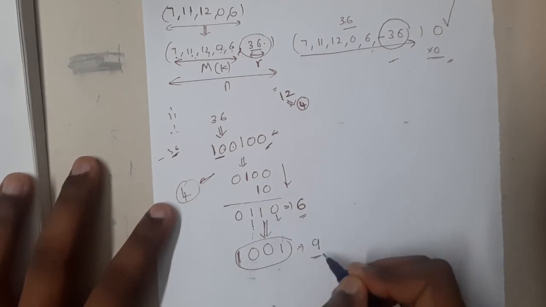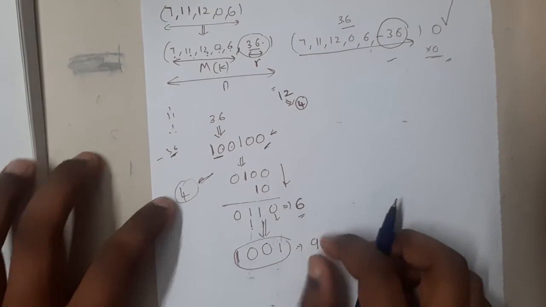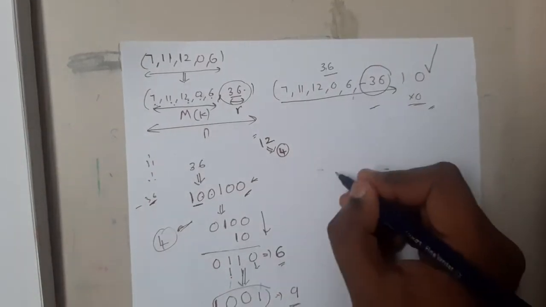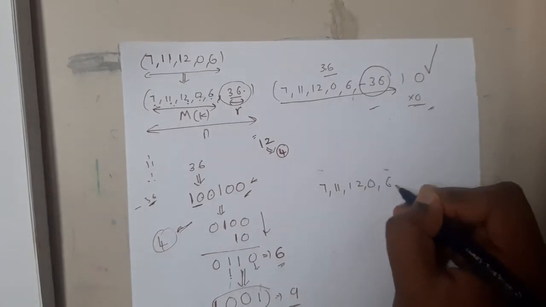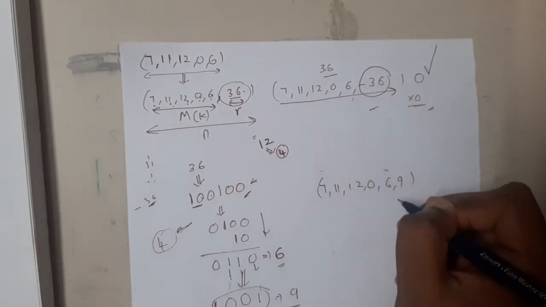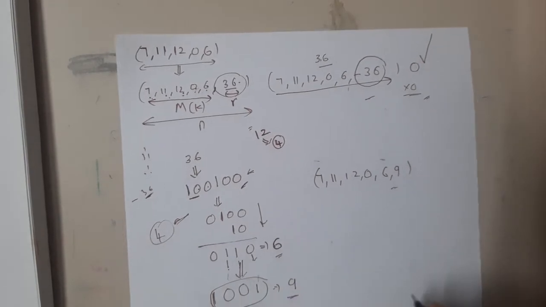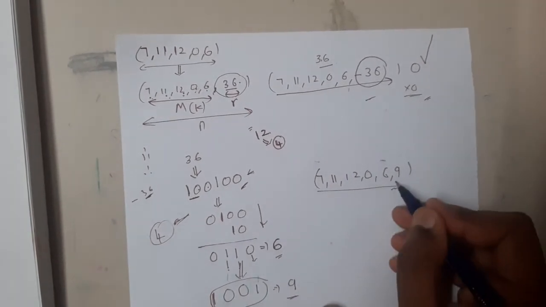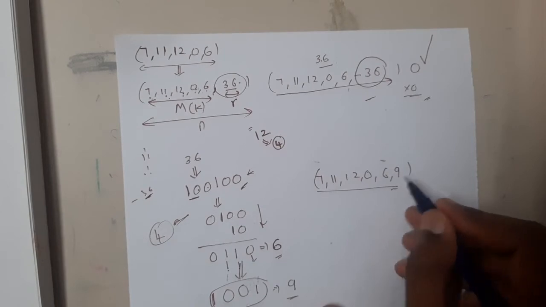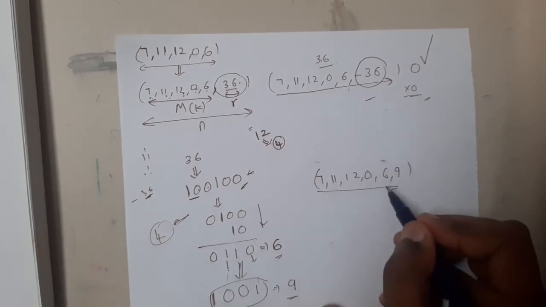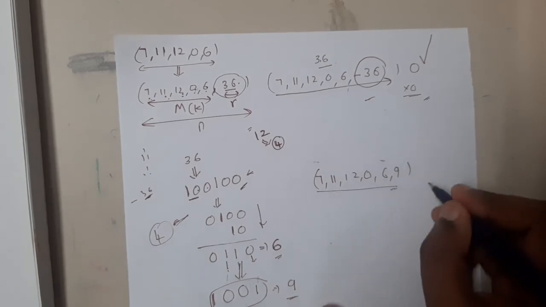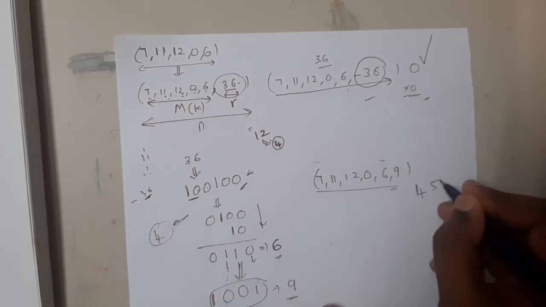Yes. So what I will do now is, I will transfer this data. So basically I will send it to my receiver that the data which I am sending is 7, 11, 12, 0, 6, along with 6 I will send 9. Got it? Yes. So now what the receiver will do is, the receiver will add all these numbers. So start adding, guys. Okay, so if you add it, the final result which you will be getting is 45, right? It is nothing but 36 plus 9, right? Yes. Okay, so we got 45.